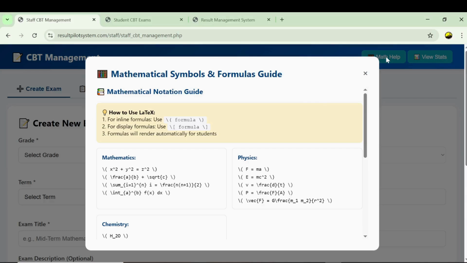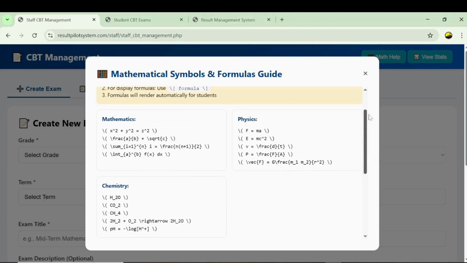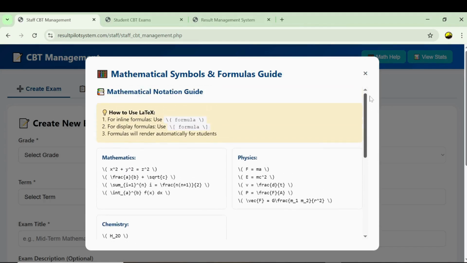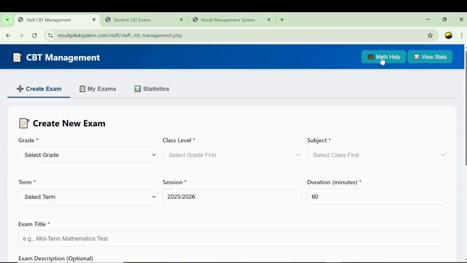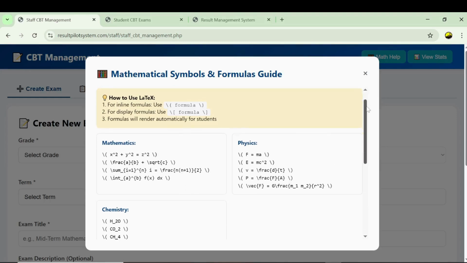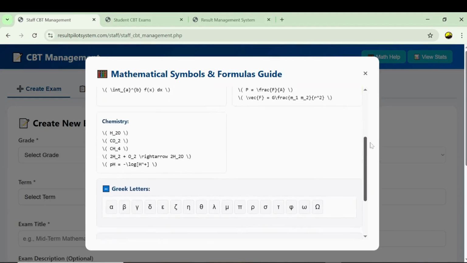So this is for mathematical formulas and chemical formulas, for math, physics, chemistry, or biology, as the case may be. Now you can see it is well explained. If you are setting a math, chemistry, or physics question, you simply come to the math help and click on it. It will open the modal and you'll be able to see all the functions and features you can use